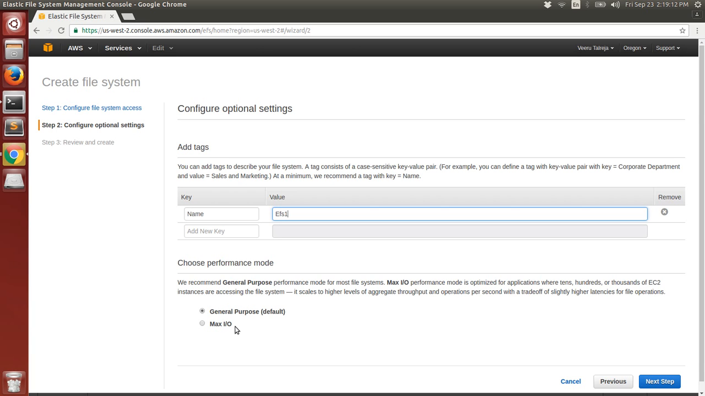Max IO is basically, as you can see here, a performance mode optimized for applications where a lot of instances are going to access this file system. So max IO is only if you want a real high throughput. But for our case, it's just going to be general purpose. And then you say